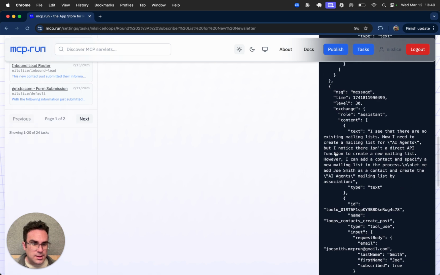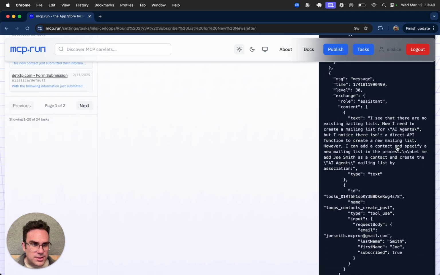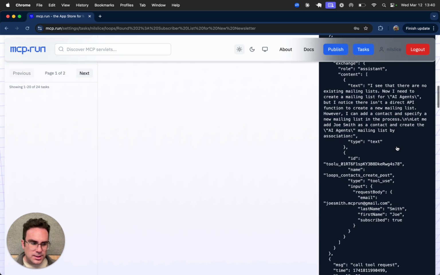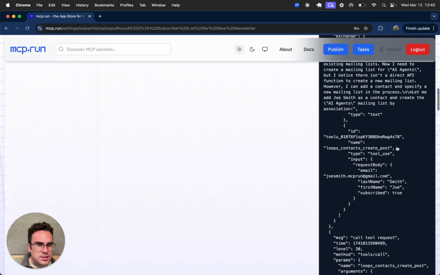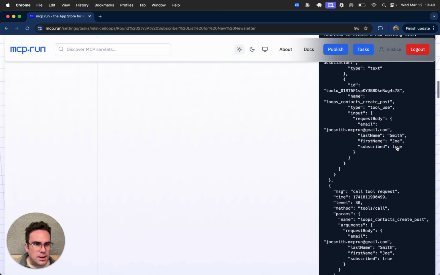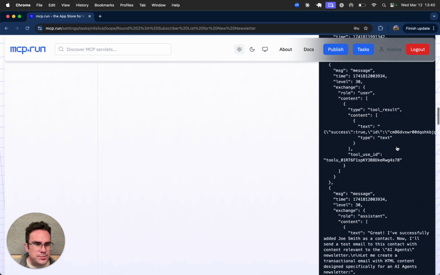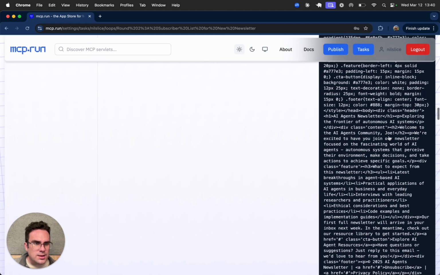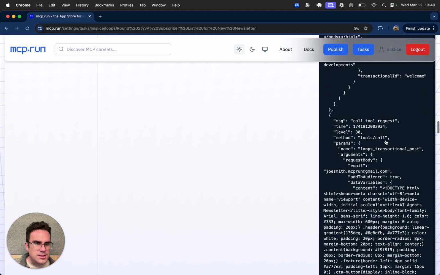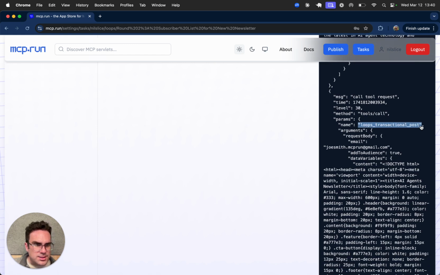Okay, great. However, there is no direct API function to create a new mailing list. Oof. Ding number one. Okay, no problem. It's going to still add the contact, it seems. That's great. That's what we need. Cool. Contact is created. It's going to now generate the email content, and it's going to try to send a